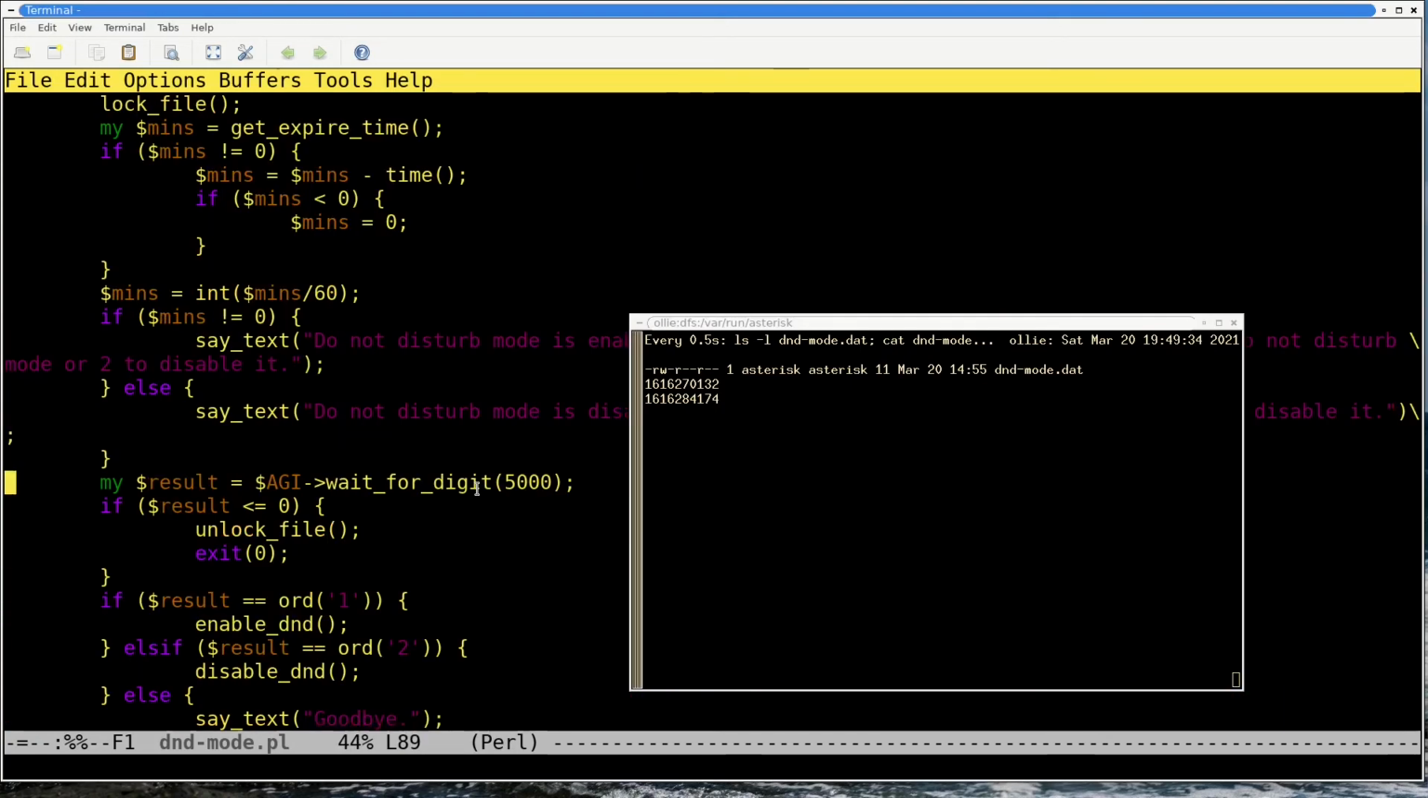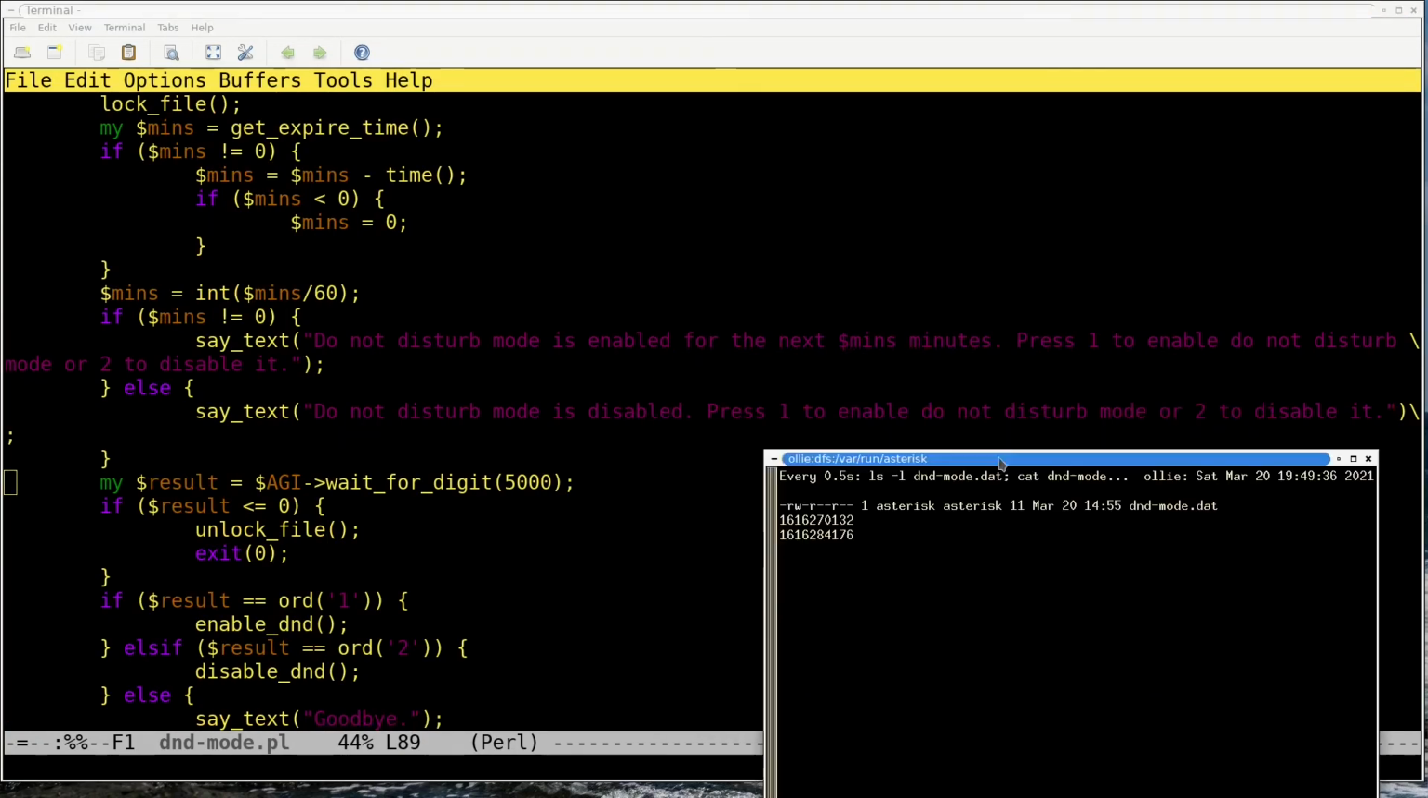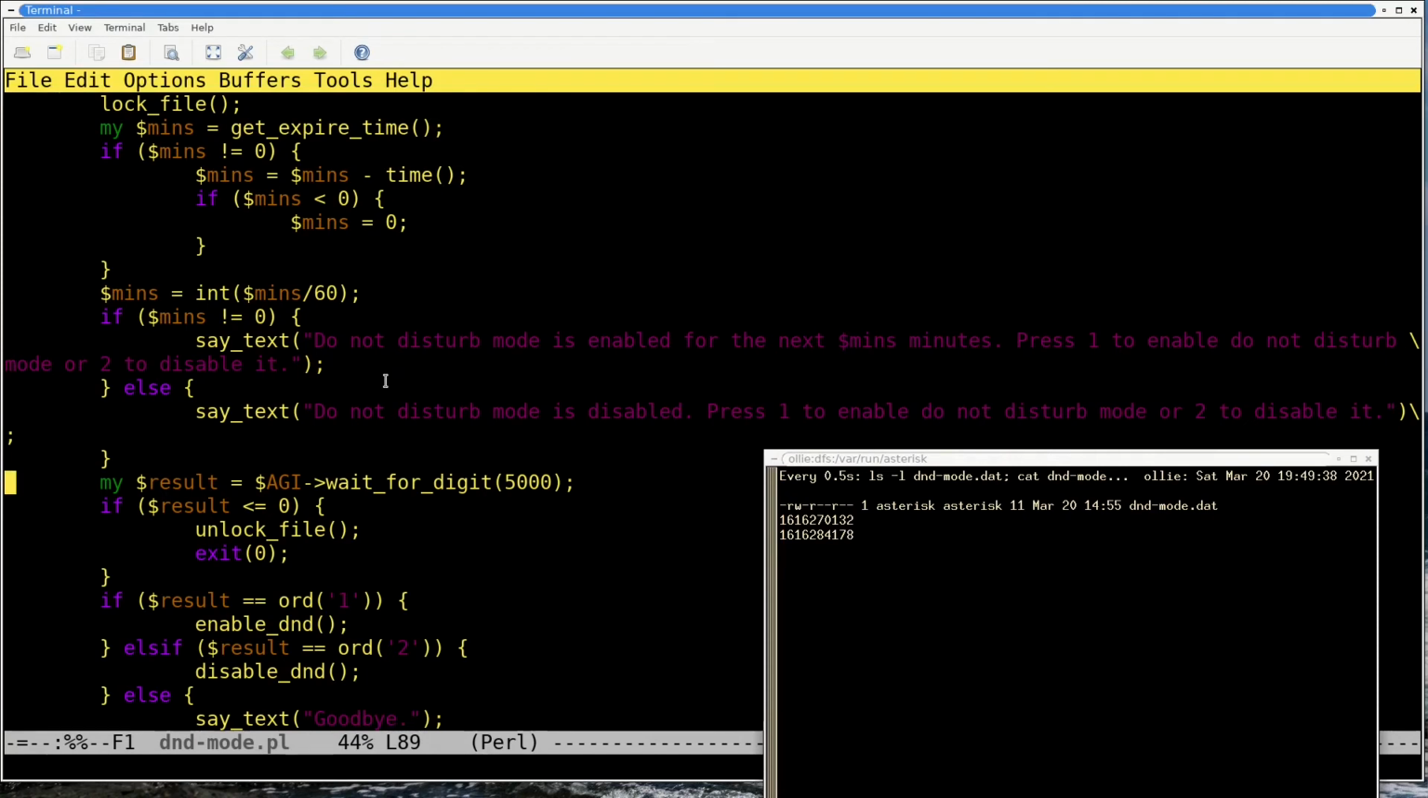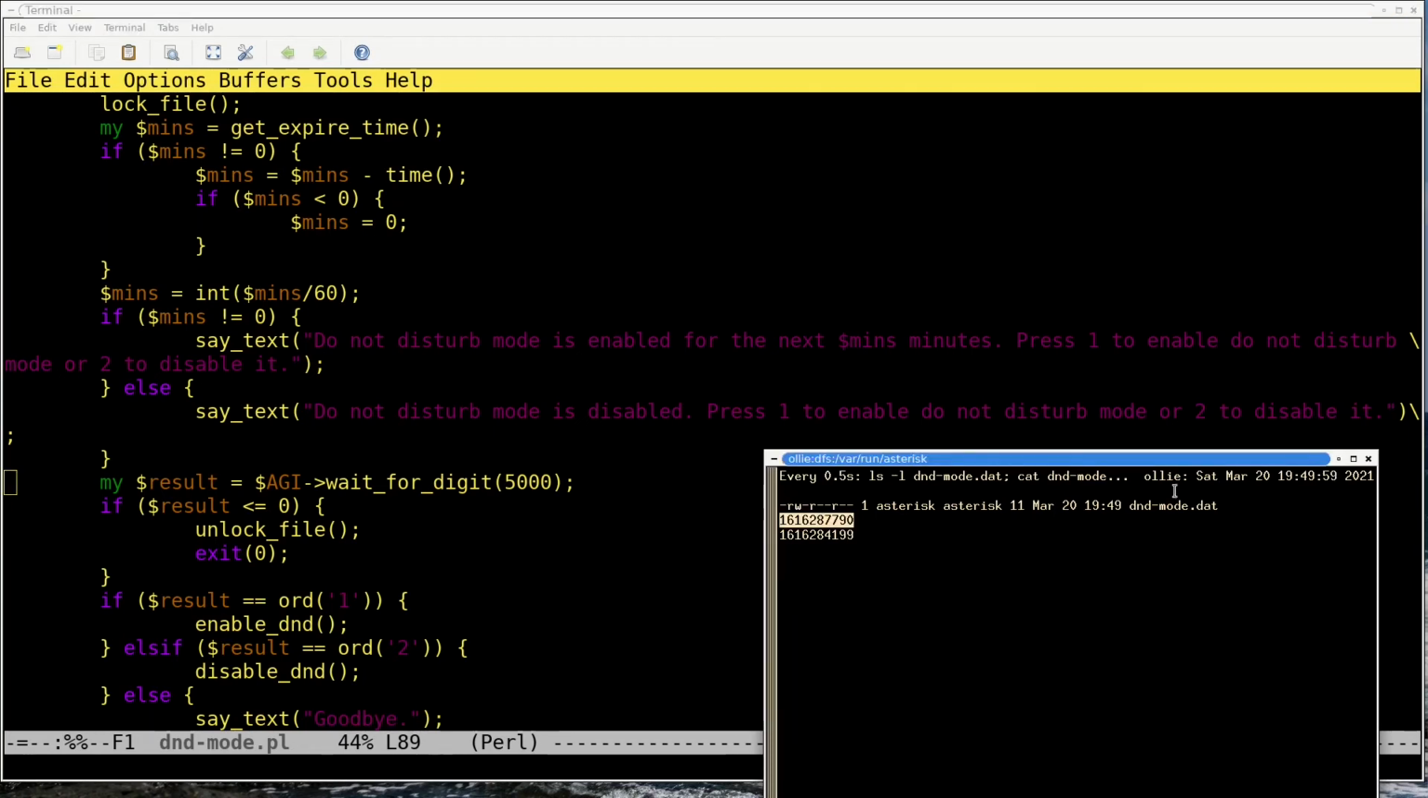Press 1 to enable do not disturb mode, or 2 to disable it. Okay, so let's enable it. Enter the number of minutes to enable do not disturb, followed by the pound key. And we'll do 60 minutes. Do not disturb mode has been enabled for 60 minutes. Goodbye. Now, I don't know if you noticed, but this number here, which is the number inside DND mode.dat, is